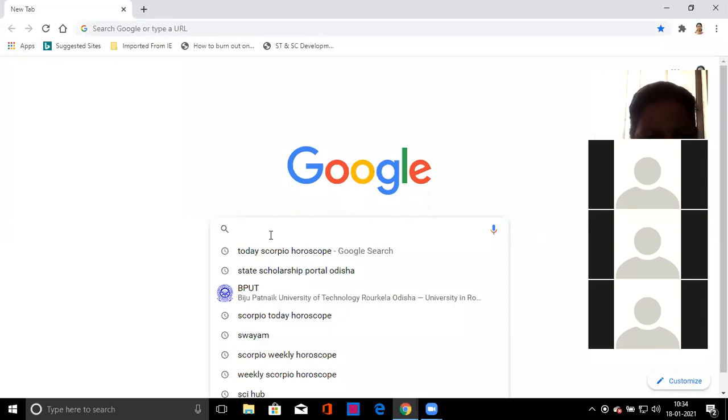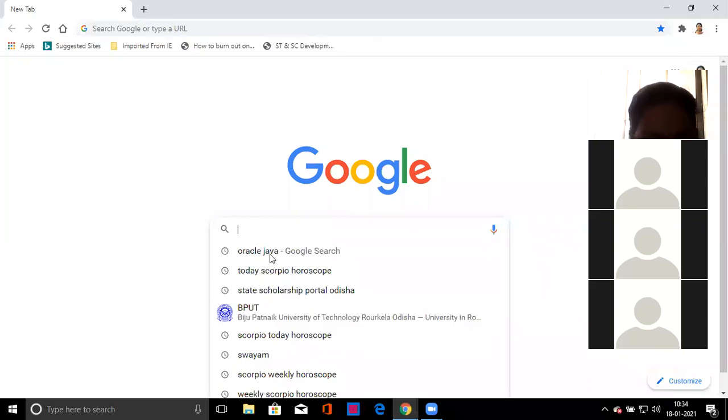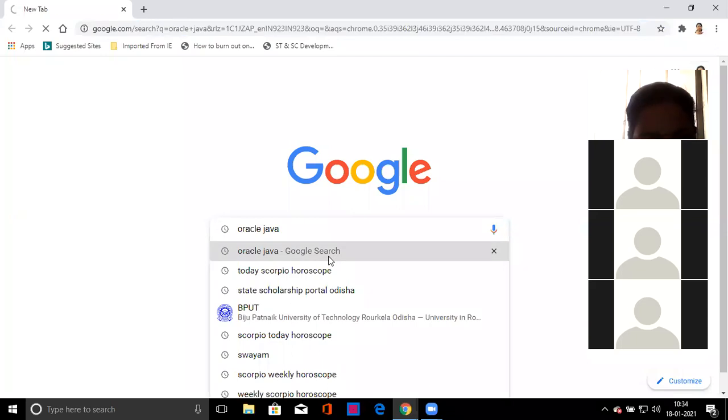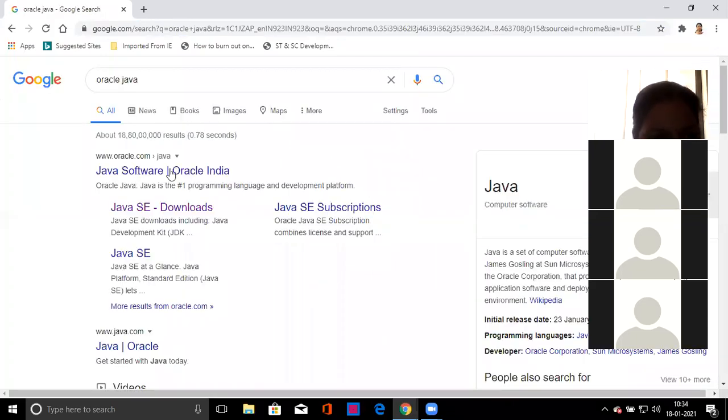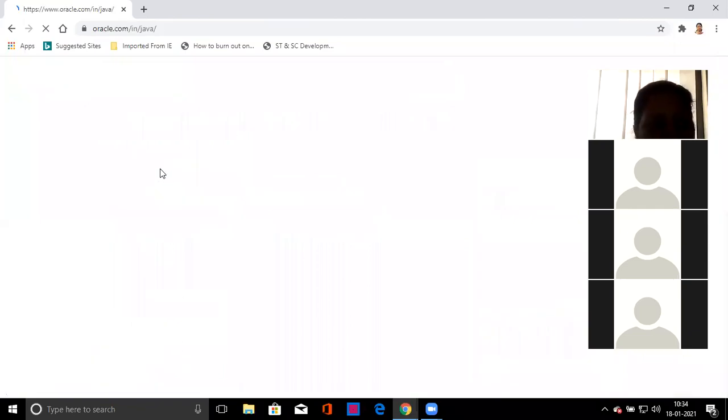So in Google you have to type Oracle Java. Java is owned by Oracle. So first you have to type Oracle Java. Then in the Oracle Java software, you have to click on the www.oracle.com website.